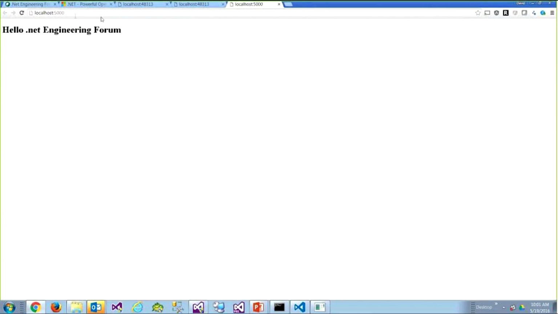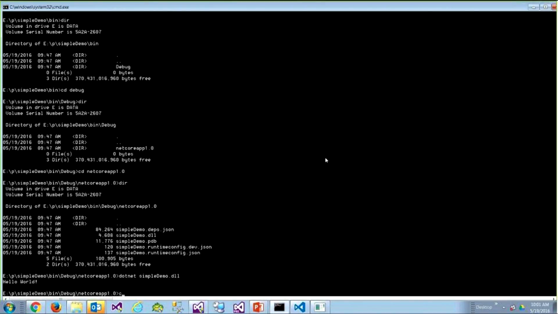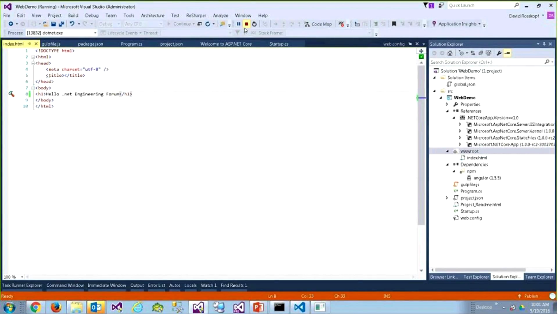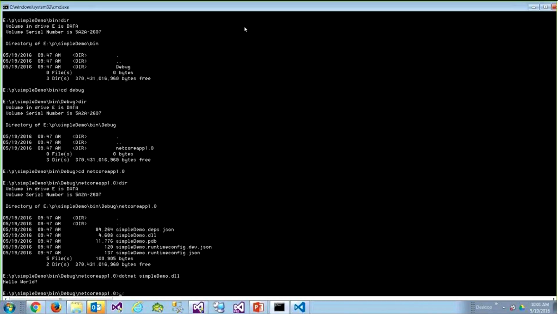you're going to see that it's running on port 5000. And you'll also see, so let's try this using command line tooling. If I wanted to simply just